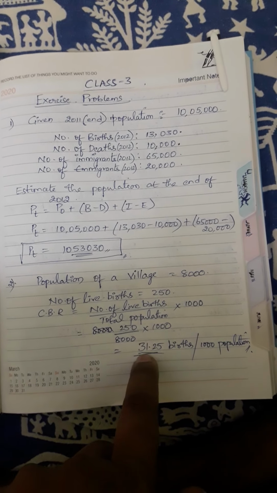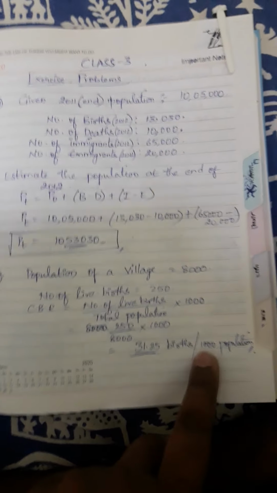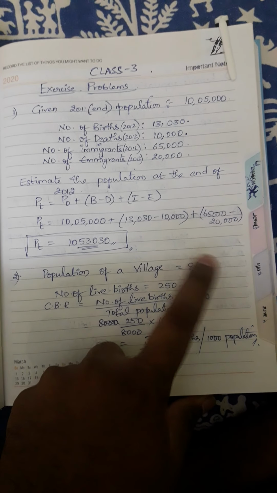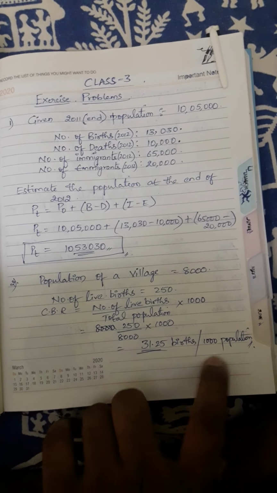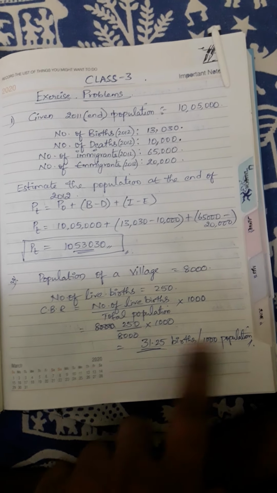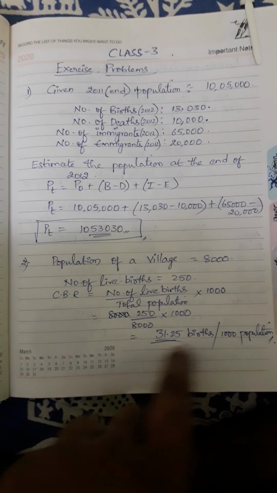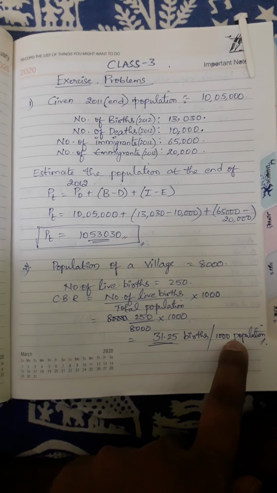31.25 births. Approximately 31 births were occurring per 1000 population. See here, 250 births overall among 8,000. Simple, 250 by 8,000 per 1000 population. For every 1000 population we have 31 births. Clear? And this 1000 population includes both male and female,